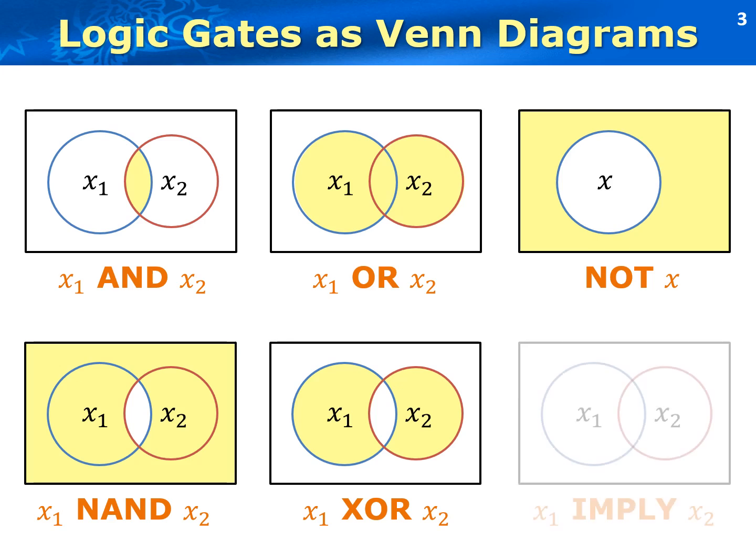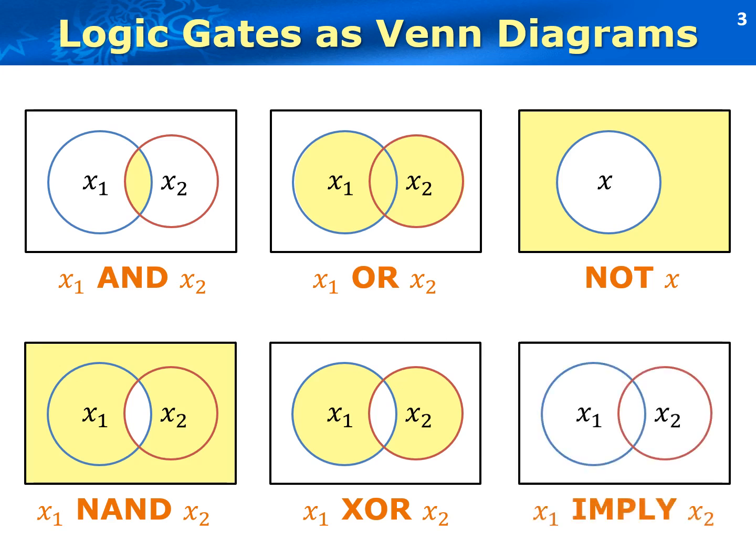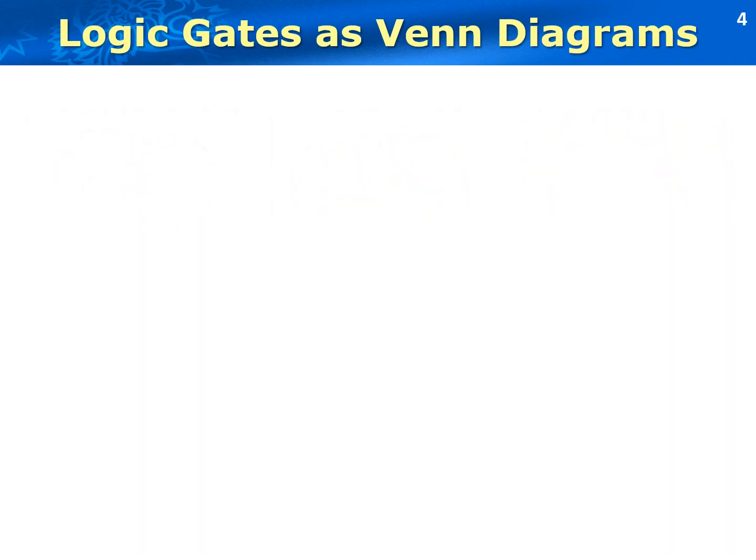The last gate is imply. The only situation in which an implied gate outputs false is where the antecedent x1 is true, but the consequent x2 is false. In all other cases, the implied gate output is 1. Thus, the Venn diagram of the implied gate is the complement of the orange region in the universe set. Utilizing Venn diagrams, it is easy to show that any derived gate, such as NAND and XOR, can be rewritten using only the basic gates, AND, OR, and NOT.